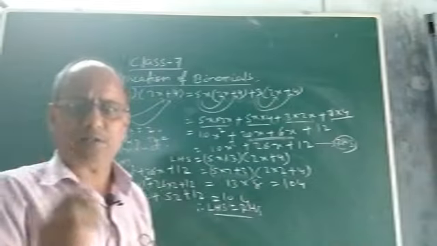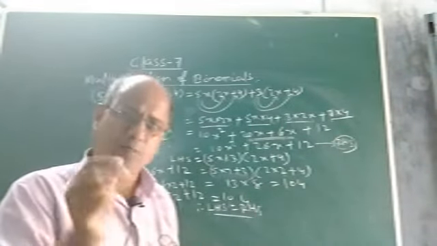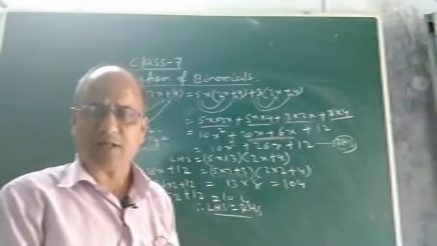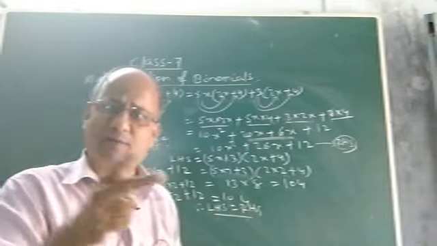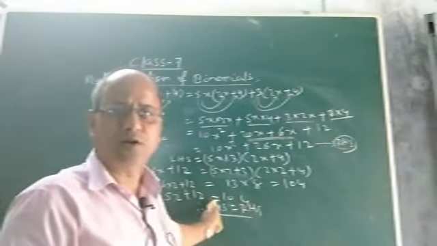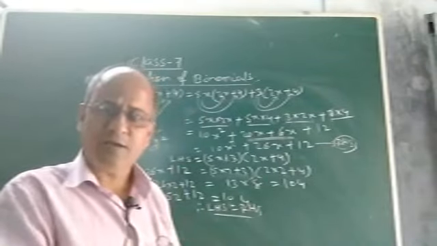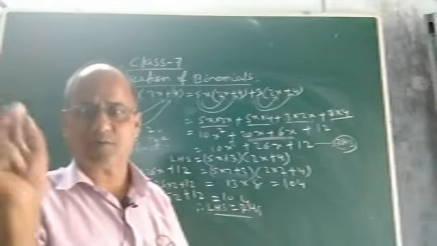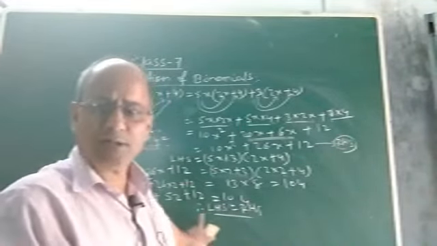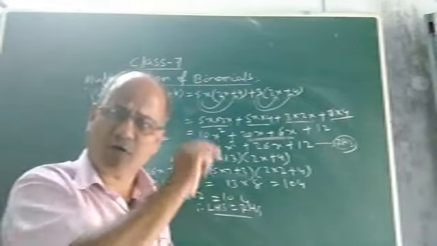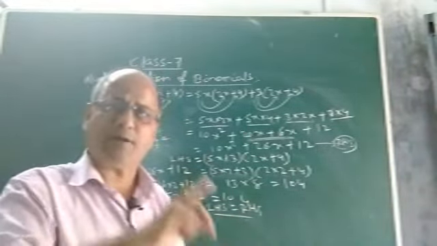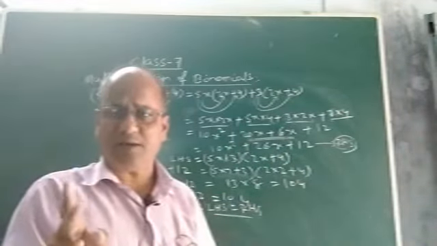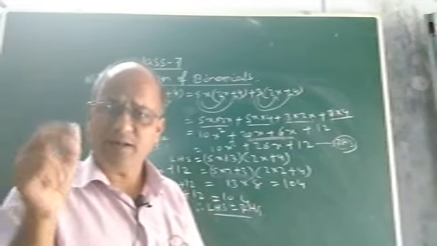Now the point is, children, one more thing you remember: if you are given more than two binomials to multiply, of course it is not there in your class 7 syllabus, but when there are three binomials to be multiplied, you will follow the same procedure. First you will multiply two binomials, find the product, then whatever product is obtained, you multiply it by the third binomial. So you will get the final product of the three binomials. Okay, and the process of verification of the product is same for all, for monomial, binomial and binomial. Okay, so this is how to multiply any two binomials and how to verify the product.